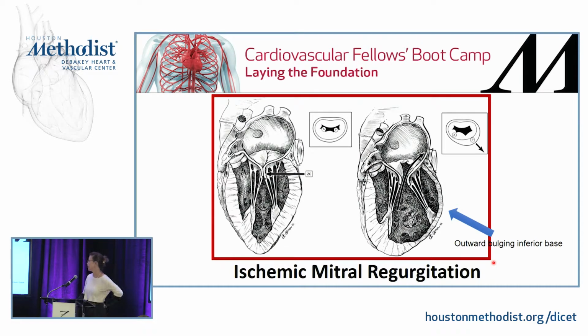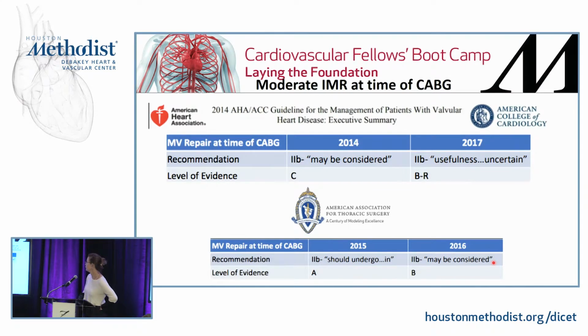Now, this is a cause of ischemic mitral regurgitation. You can see the outward bulging of the inferior base of the left ventricle. And what you typically see on the 3D is the location of P3 and A3 is unable to coapt because this papillary muscle is being pulled out from its normal location. And this is very important